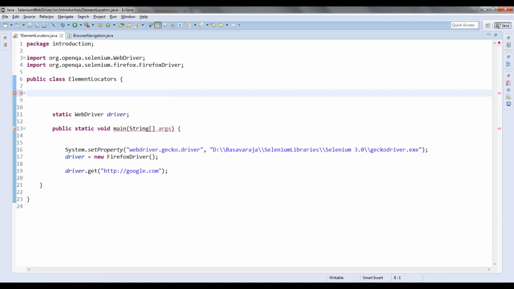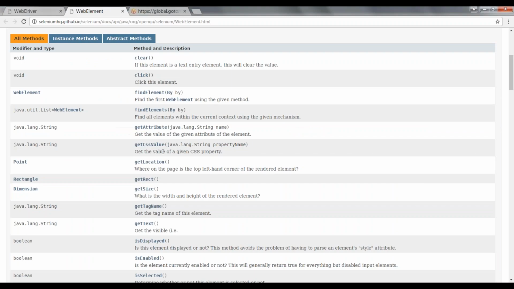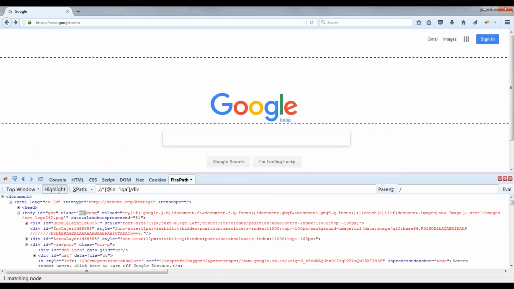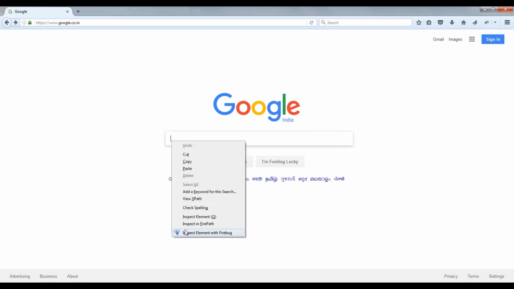There are two things, that's why it's giving me an error message. Two main methods. I'm going to google.com. Now I want to identify this element. To identify this element, every browser will give you an inspect element option.